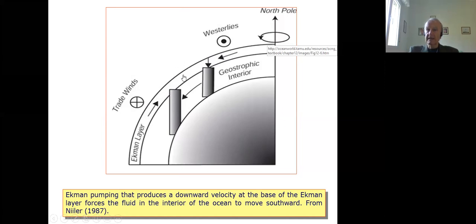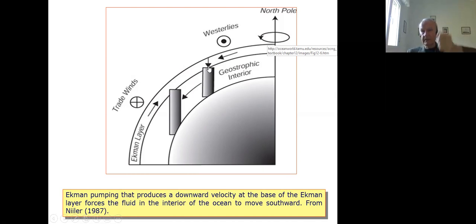So here in this area we have the convergence. What does the convergence mean? The convergence means that we create a downward vertical velocity at the bottom of the Ekman layer. So the water column, which is here, this is the height of the water column going from the bottom of the Ekman layer to the bottom of the ocean. If you pump the water in it, the water column